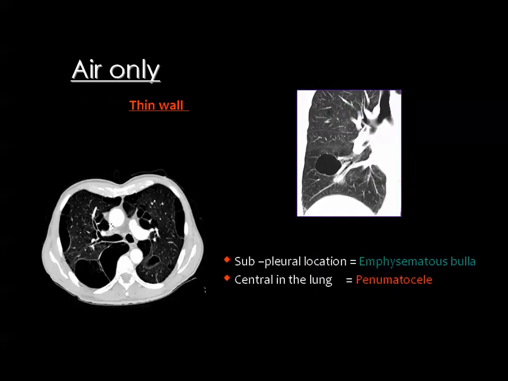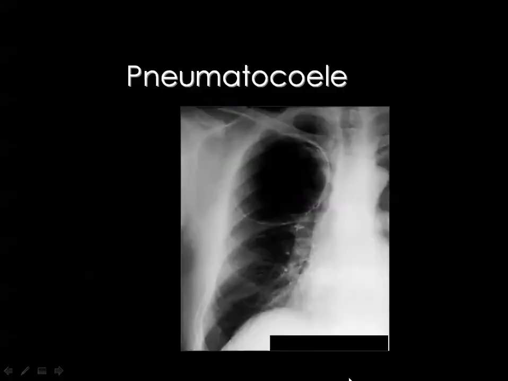If the wall is thin, you have two other possibilities: the pneumatocele if the lesion is located in the center of the lung, and the emphysematous bulla if the lesion is located against the chest wall or pleural base. So if the wall is thin and the lesion is in the center of the lung, this is the pneumatocele; peripherally located, this is an emphysematous bulla. And this is a good example of a pneumatocele in the apex